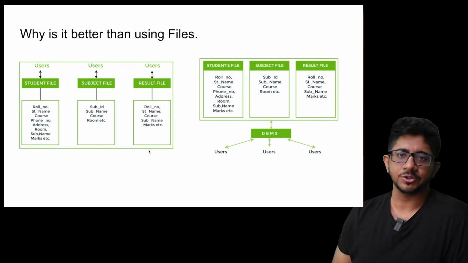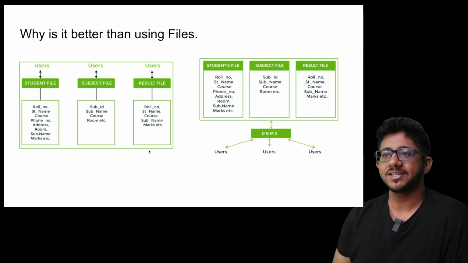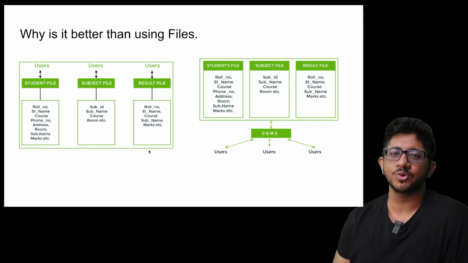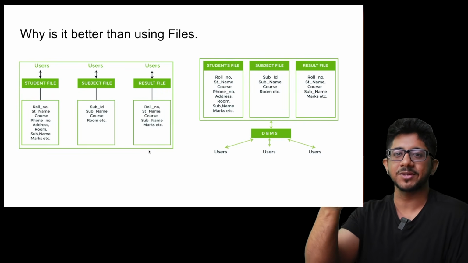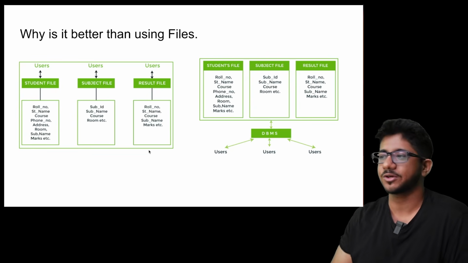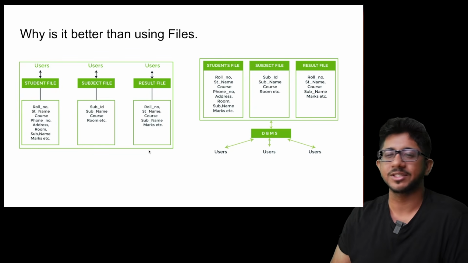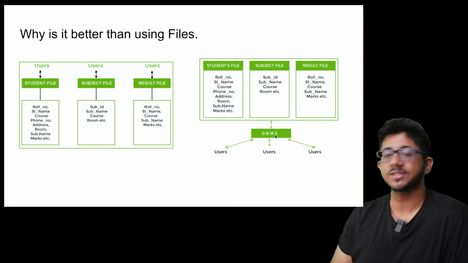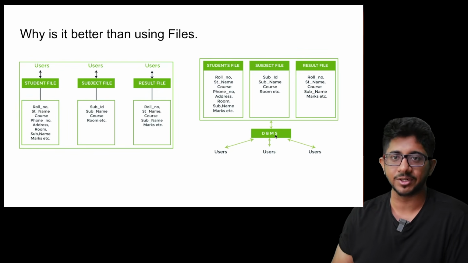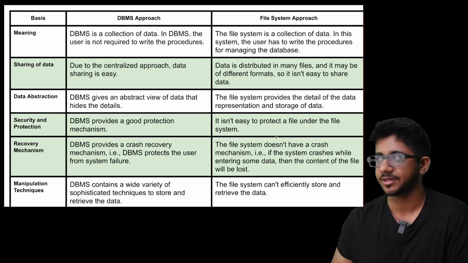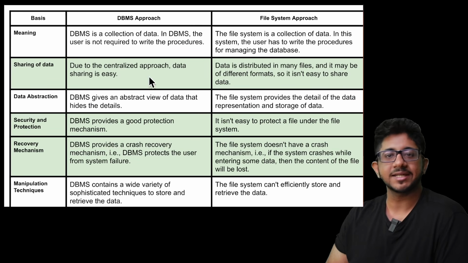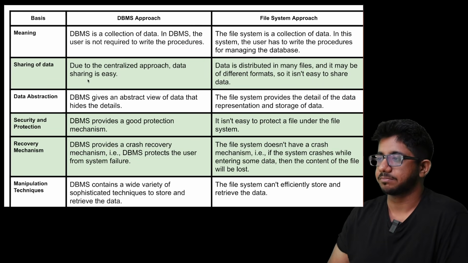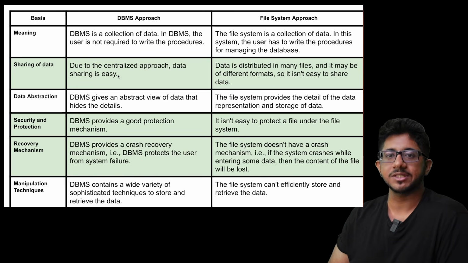One very common question, Vivek: I have seen that you can actually store a file in C++ and just store whatever is required. So why not just use files to store data instead of a database? Because first of all, files are local and there are a bunch of differences between them. A database management system makes a lot of things easier, which we don't really appreciate when we are using it. For example, I have highlighted the main points in green, but sharing of data becomes easy because files